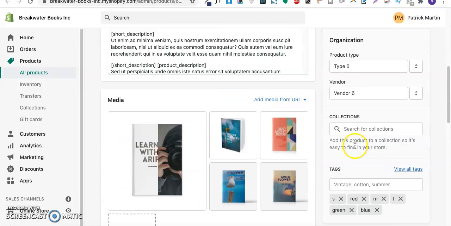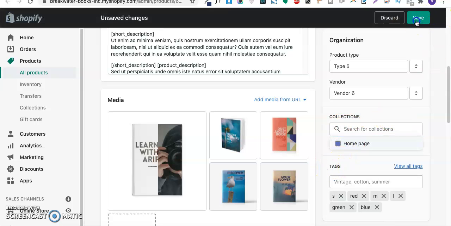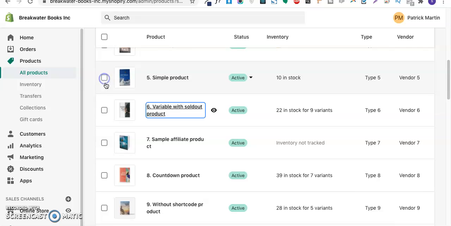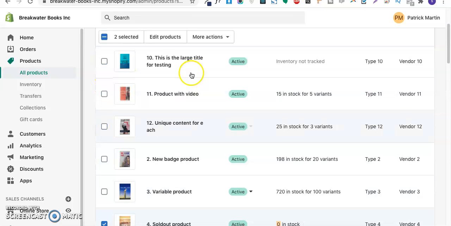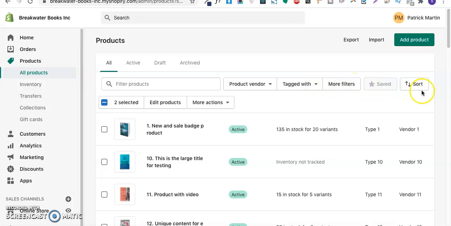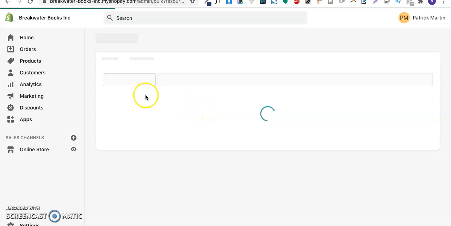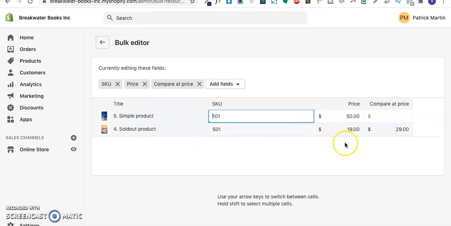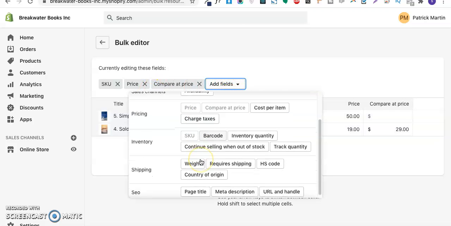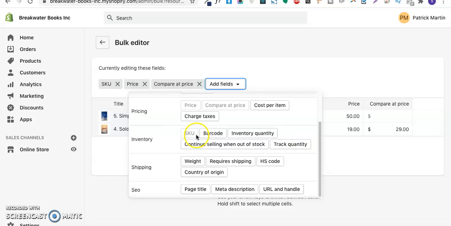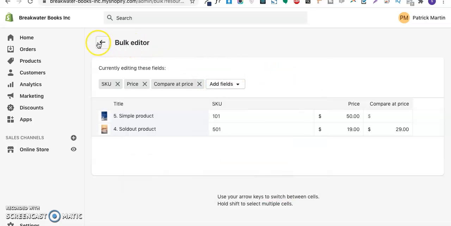Okay, so as you can see, the collection has not been assigned, so I'll assign this as a homepage collection so that they will appear on the homepage. So I'll bulk select 3 products, and then I'll assign them to a collection from here. Alright, so there is no option to bulk assign a collection to a product over here, so I'll just go